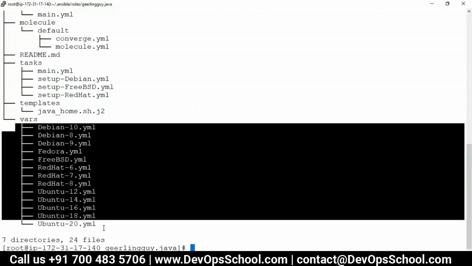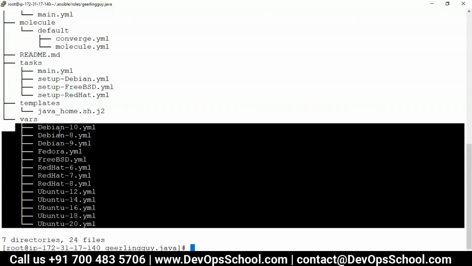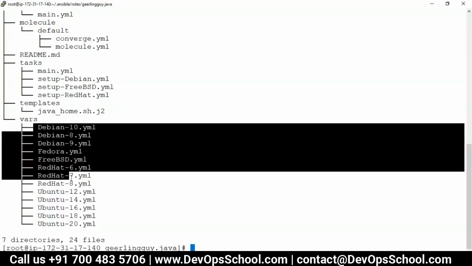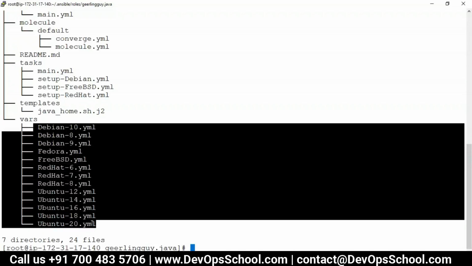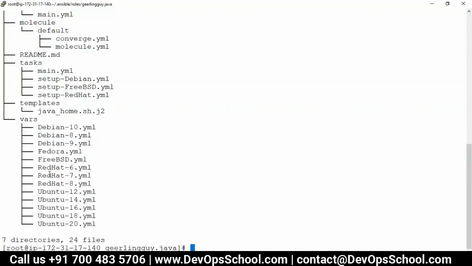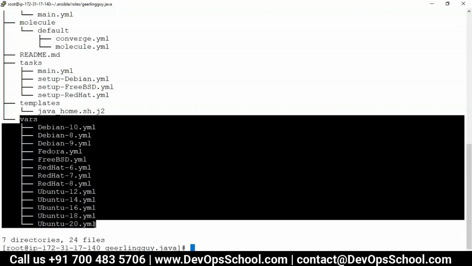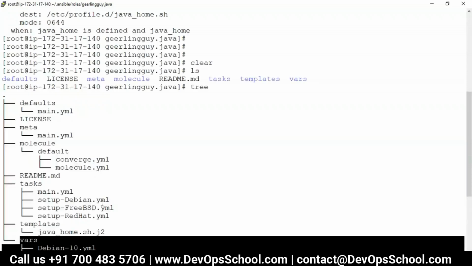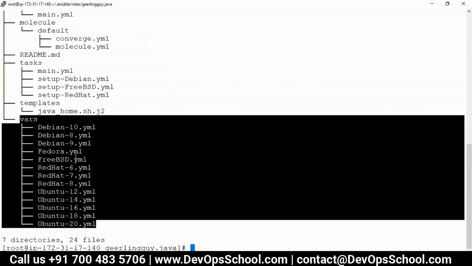You have to keep it, because remember, every package name for the different platform is different. So yes, you have to change. Let's say I'm using Red Hat 7, so you have to change here. If you use Red Hat 6, you have to change here. So this is the directory where you should change as per this program. See, this guy has not hard coded anything.